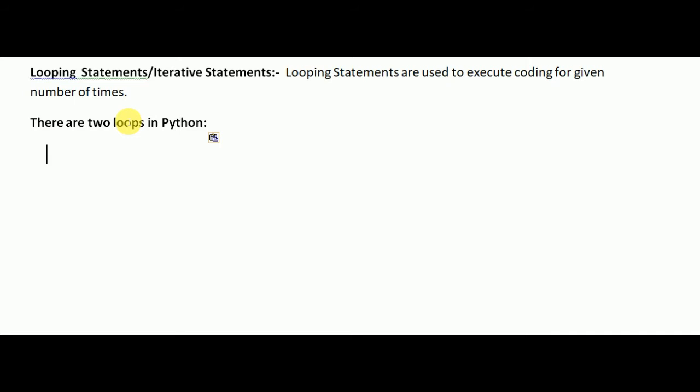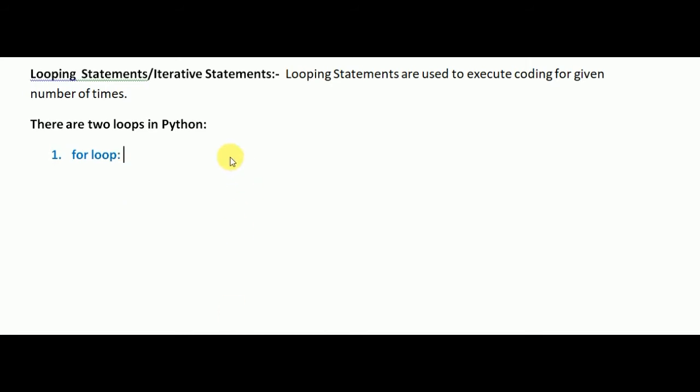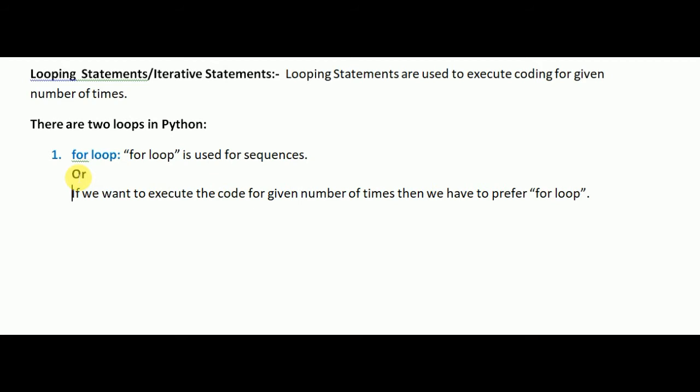There are two loops used inside Python, which are the for loop and the while loop. We will discuss them one by one. We use the for loop for sequences, or we can say if we want to execute the code a given number of times, then we have to prefer the for loop. For example,